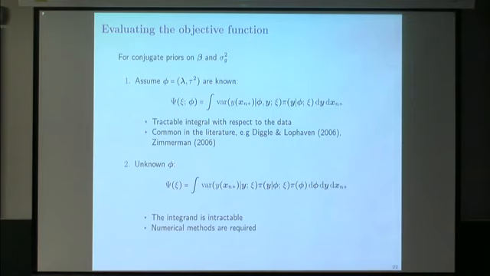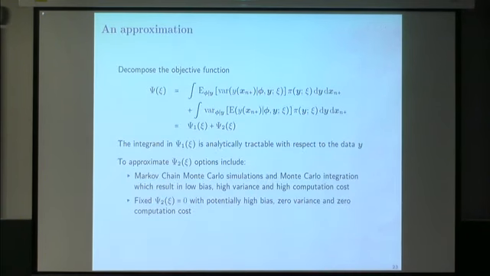However, if we don't know the correlation parameters, then the posterior predictive distribution is not available in closed form. So this integral is now not analytically tractable, and we need numerical methods to evaluate it. If we are going to find a design, we need to optimize this function many times. So this is computationally expensive, and for this reason we proposed an approximation where we decompose the objective function based on the law of total variance,